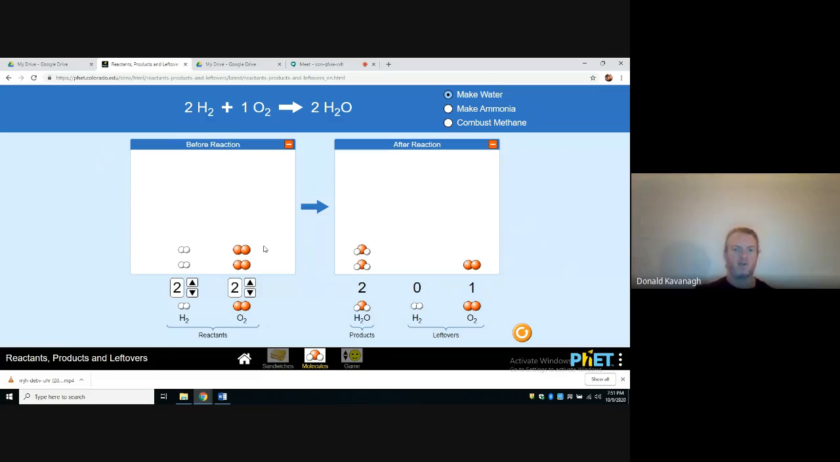Consider when we have a 1-to-1 ratio in reality. Okay? The way that this simulation sets up here is we can see that whatever is left over must be in excess. So for this example, we have an excess amount of oxygen gas because we have an unreacted amount of oxygen